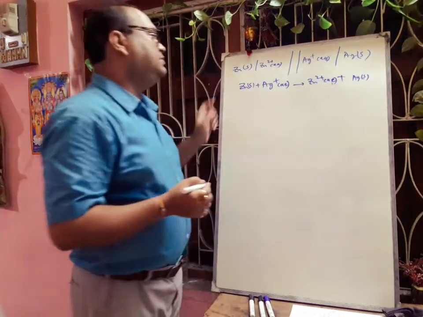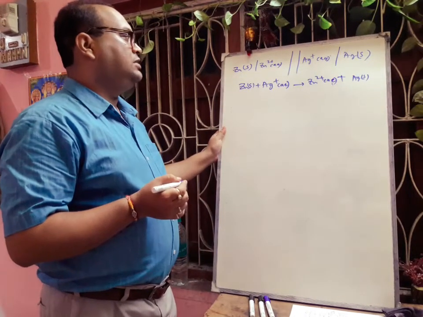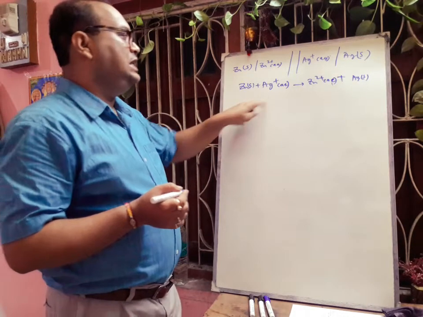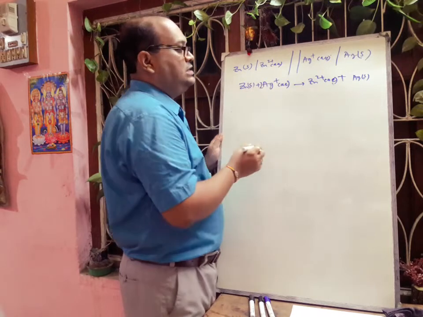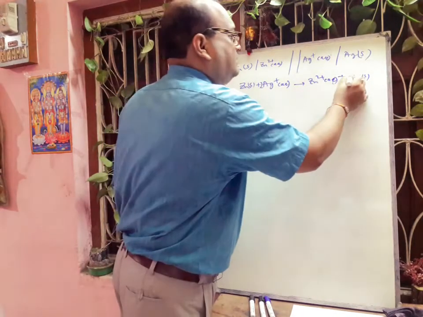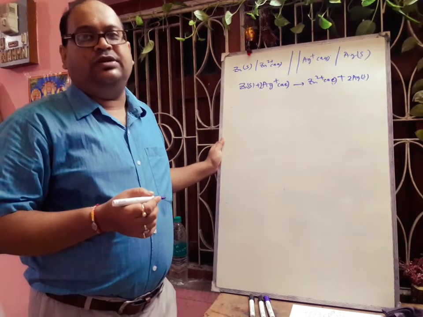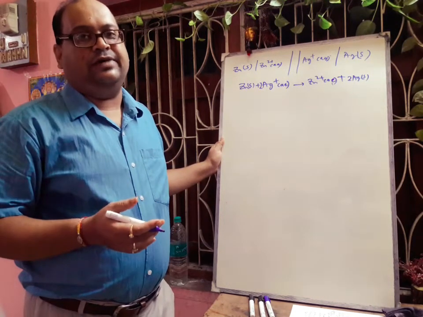But here, in case of zinc, there will be release or removal of 2 electrons, so here also we have to multiply. In case of silver, 1 electron, to balance the electron we have to multiply it by 2, that is zinc solid plus twice Ag+ is equal to Zn2+ plus twice Ag. Okay, so it is important to note that during the reaction 2 electrons are released by the zinc atom.